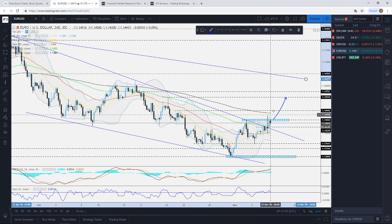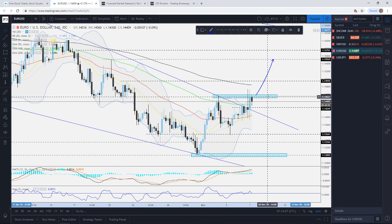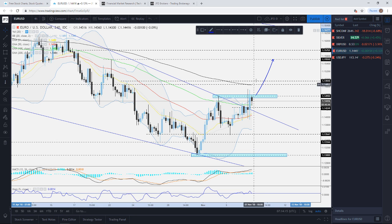Certainly if the buying momentum is going to continue being strong, we could see this one traveling all the way towards this downside, medium-term downside resistance line. But to be honest, let's not get ahead of ourselves too much, and let's see how this performs around this 114.55 today. If we get a nice pop here to the upside, keep your eyes on these slightly higher levels that I was just talking about, especially the 114.95, which acted as a very nice area of resistance on